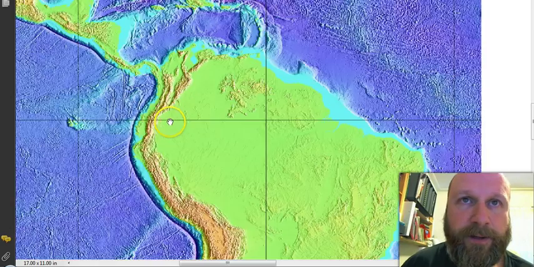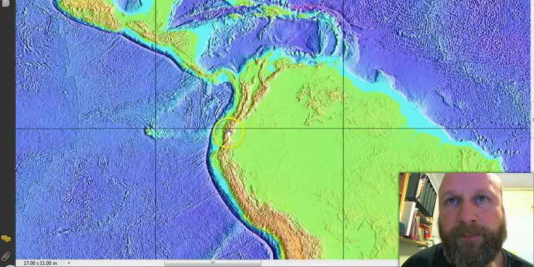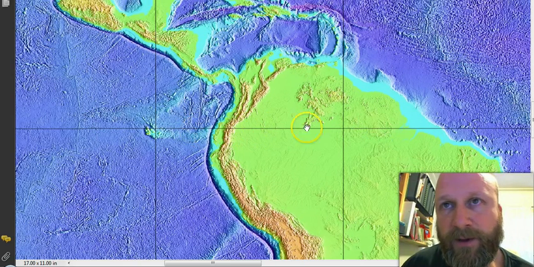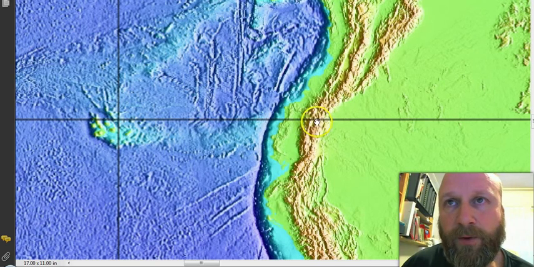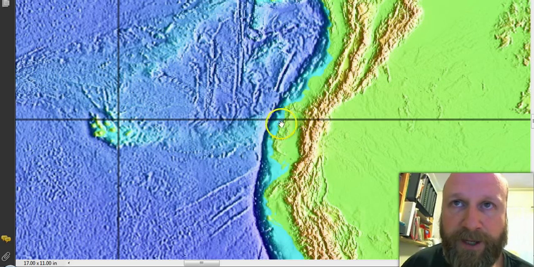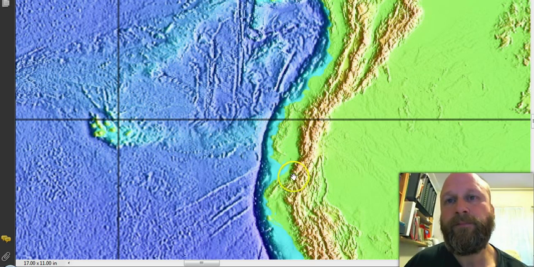So if we zoom in on South America with this line here, which is the equator, what I'm showing in my model is this mountain range here, a low-lying region, submerged continental crust, and then the Atacama Trench.